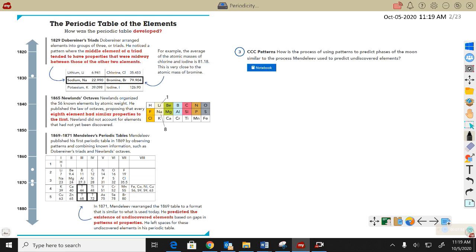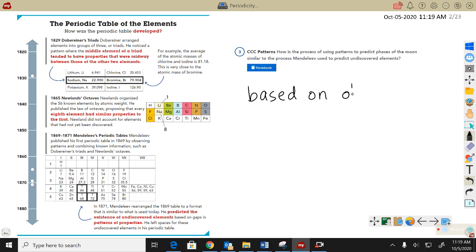So question 3, how is the process of using patterns to predict phases of the moon similar to the process Mendeleev used to predict undiscovered elements? I'm just going to stay real simple with this, and obviously this is kind of what you were thinking too as you read through the little description on the phases of the moon, and I just say that it's all based